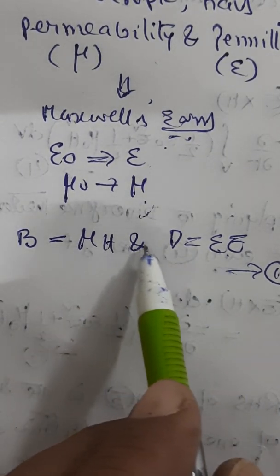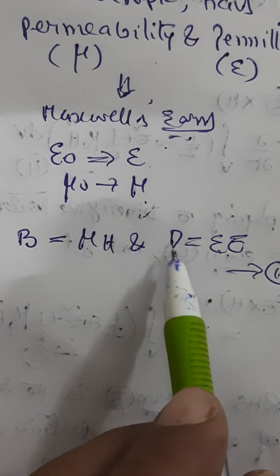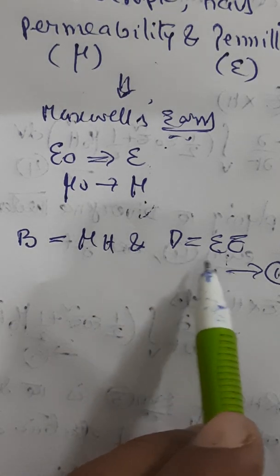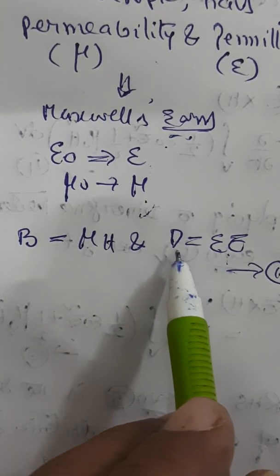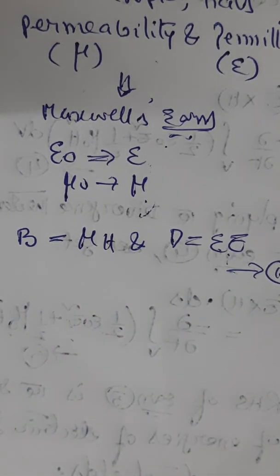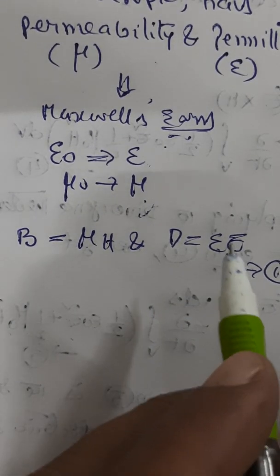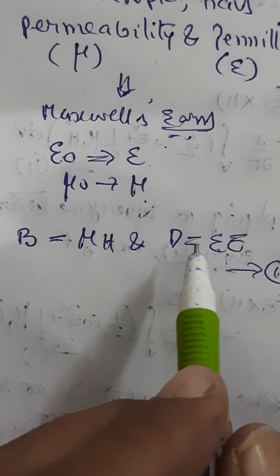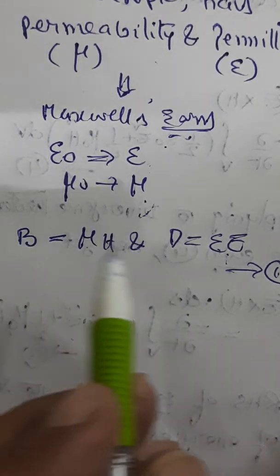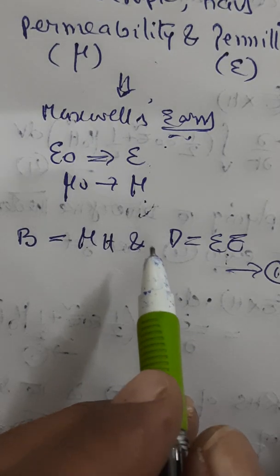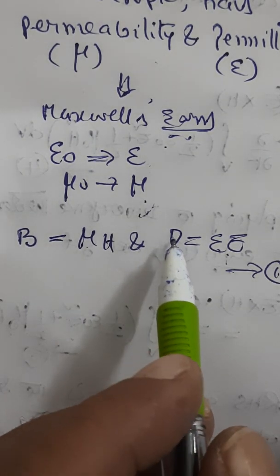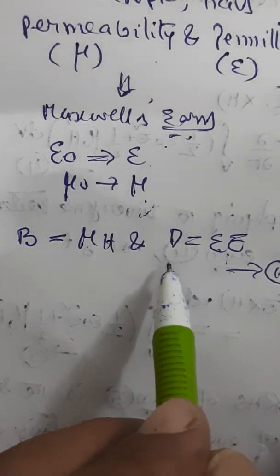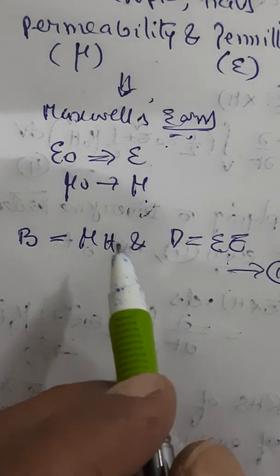Now, if all the field vectors of the electromagnetic wave have the same magnitude at all points of any plane perpendicular to the direction of wave propagation, it is called a plane wave. Again I am repeating, what is called a plane wave? The field vectors of an electromagnetic wave are E and H only, the electric vector and magnetic vector. When both have the same magnitude at all points of any plane perpendicular to the direction of propagation, it is called a plane wave.